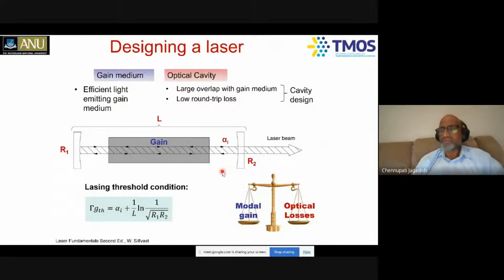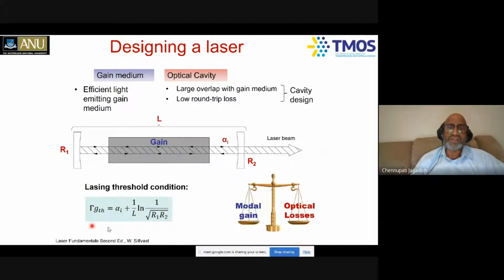So till now, I've spoken about materials. So now let me talk about devices. Lasers. All of us have studied lasers, and we've been taught that you need to have a gain medium, you need to have a laser cavity by putting some mirrors, and then you need to pump the gain medium to create the population inversion. And as and when the modal gain is equal to the optical losses in the cavity, the lasing starts taking place. These are undergraduate optics courses all of us have studied.